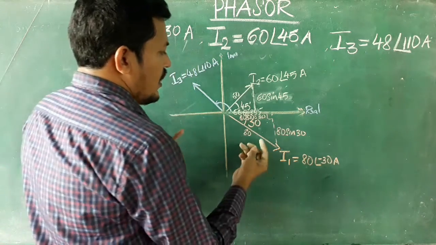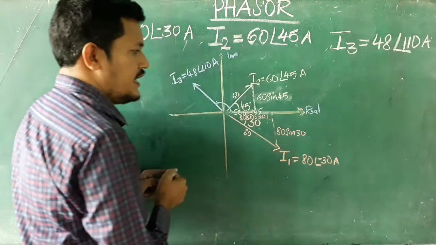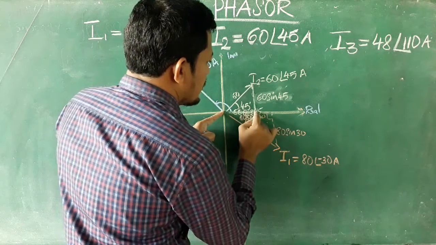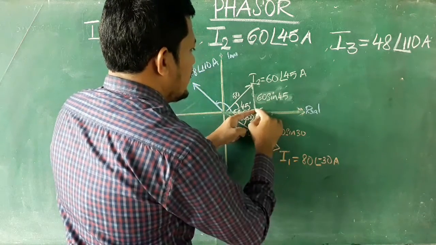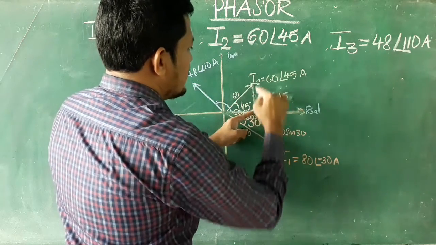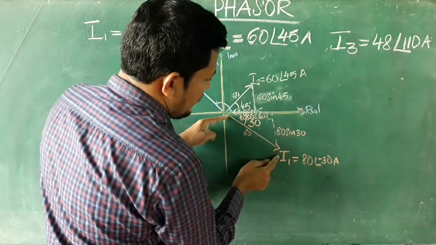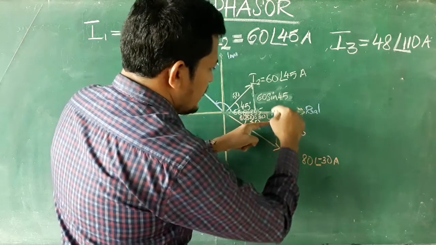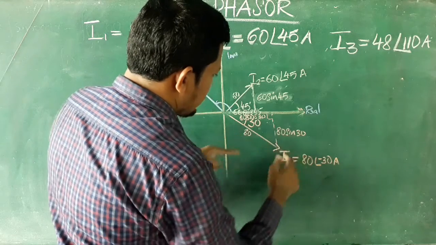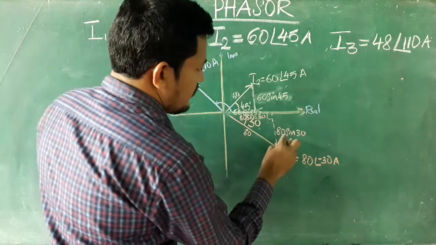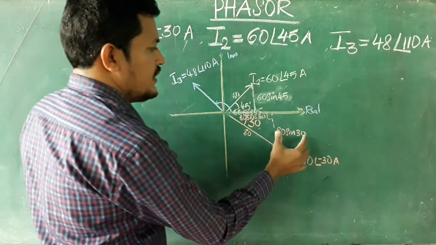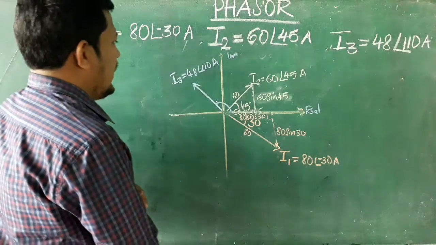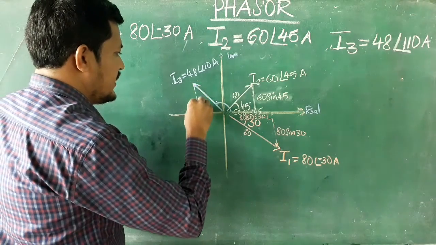Clear? Now how to take the sign. For I2, the cos component is in this direction, so positive. Again the y component is in this direction, a positive direction, so it's all positive. Now for I1, the cos component is in the same positive direction, so the cos component is positive, but the sine component is on the negative side, so this one becomes negative. So while adding, this one should be taken as minus. Next, the third one, I3. For I3 we have to make the right angle triangle like this.